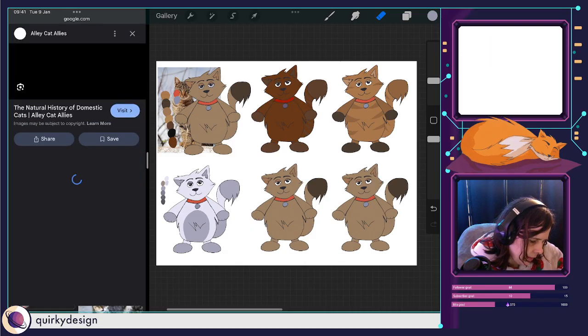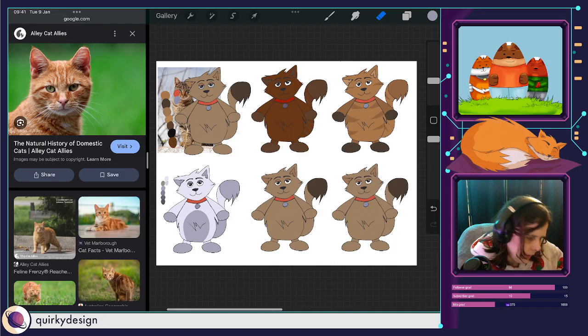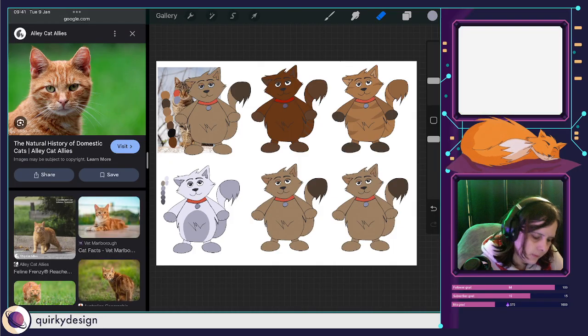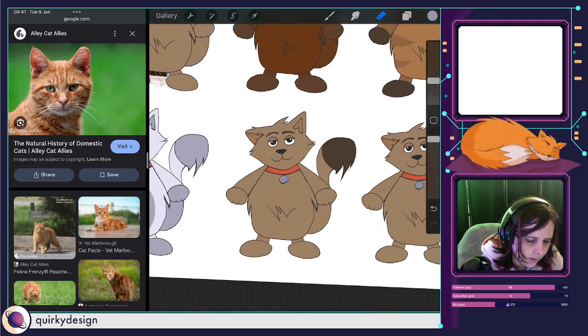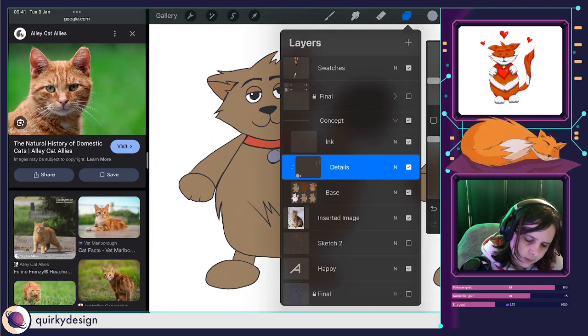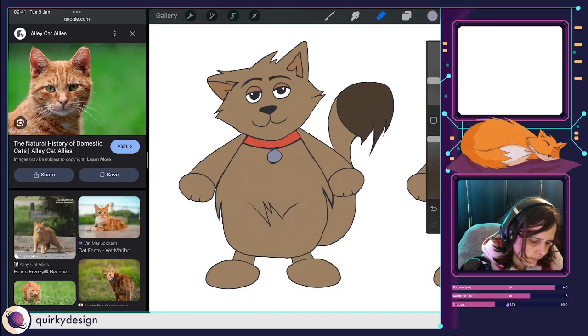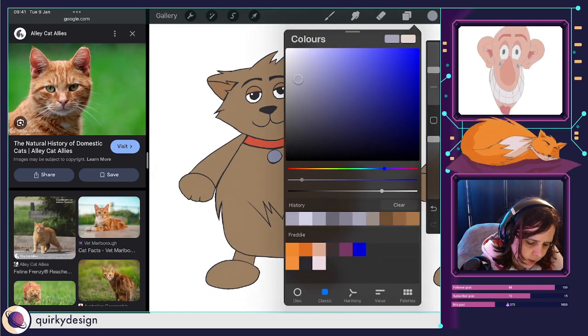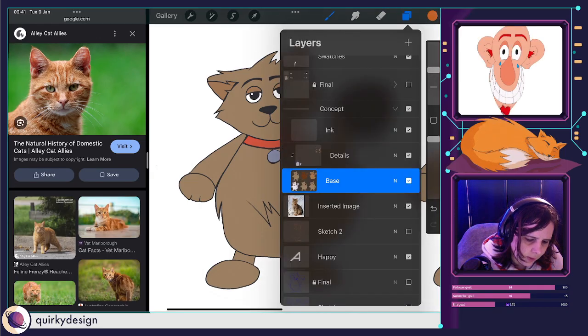Let's go with a ginger one as well. Because we've got to have a ginger cat in here. So let's see. I'm going to use these colours actually, because these colours will work really nicely.